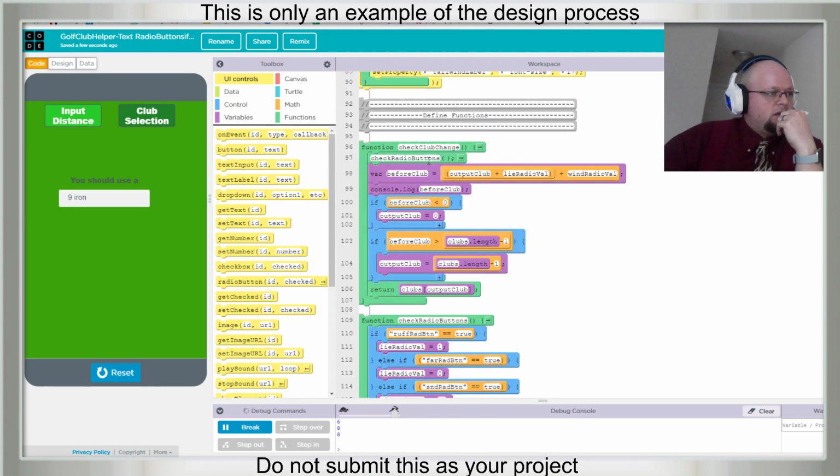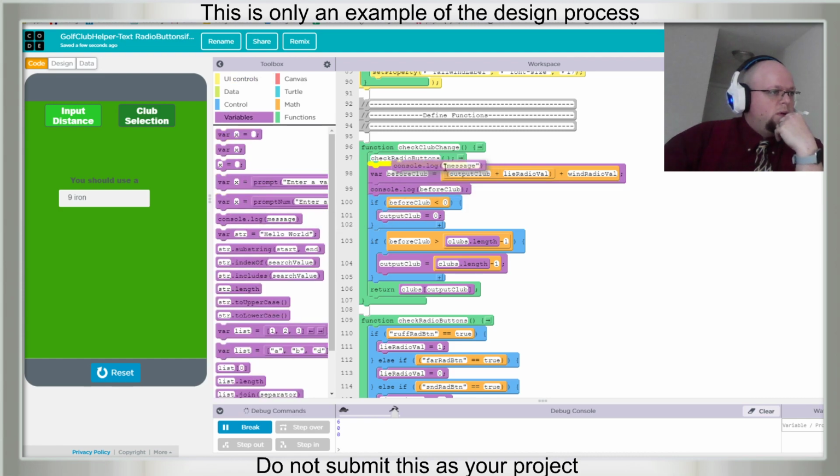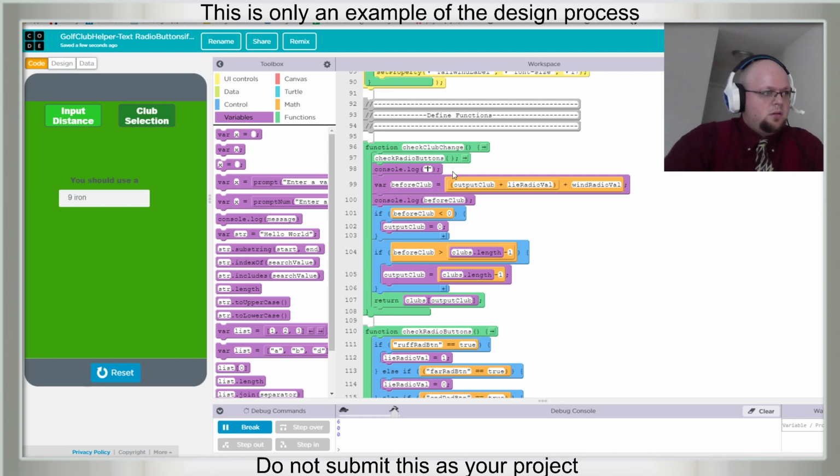Check club change. Says check radio button. Let's console log wind radio val and lie radio val before they start getting changed or messed with.